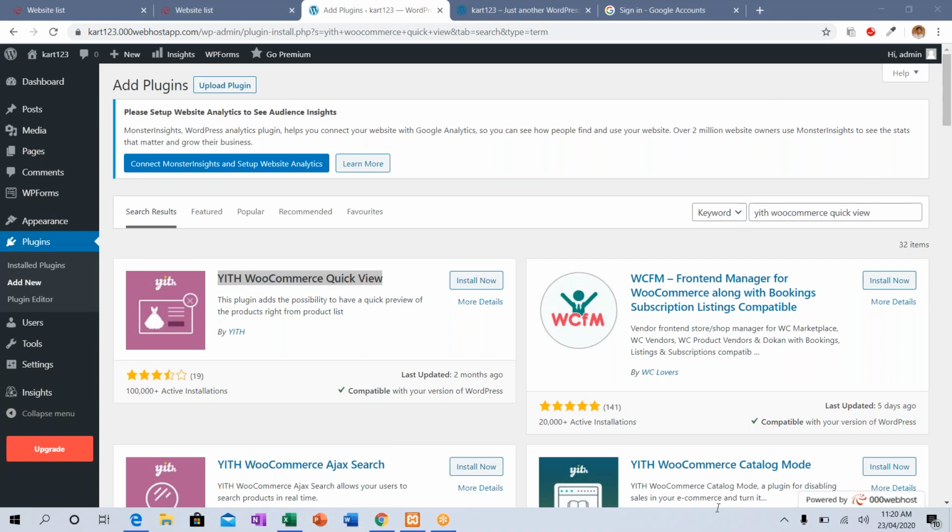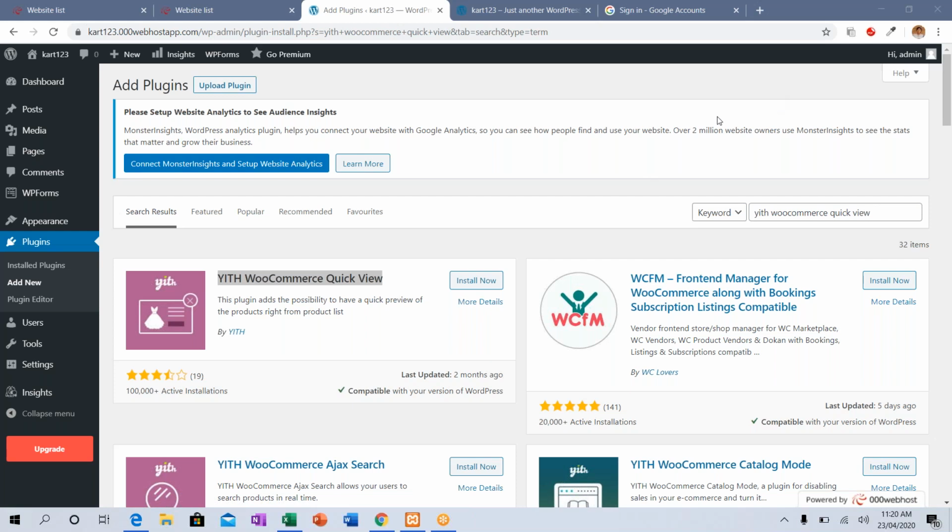This plugin is used to give a preview of the product. If you want to purchase a product, you will not go for it by seeing a single image. If you want to get a dress, that dress will have multiple images, right? Left side, right side, back side. So you will have a preview page of multiple images, and that will be provided by this plugin. I have given it in the chat. Just check it.